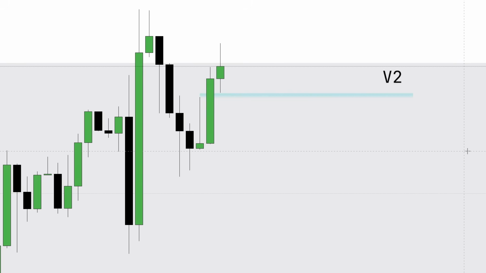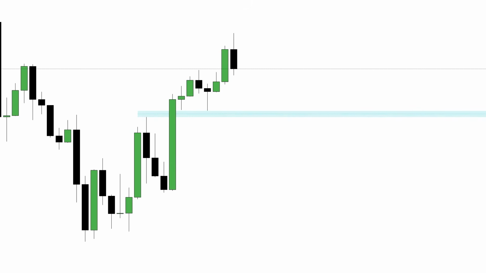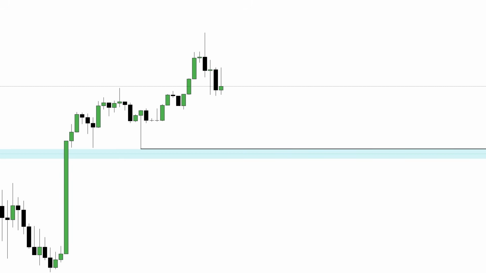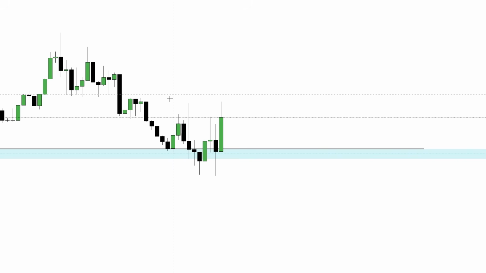Now all the conditions on the HTF stage are met, and we can move to the second stage, LTF. V2 trigger greater than V4 entry. On the 1-hour chart, the price has already formed a trigger, or what can be called inducement, which we can consider as variable 3. The last thing we need to do is determine the entry point. In other words, volume confirmation in the form of an order block, or fair value gap. We switch to the 15-minute chart and see that the price performs a raid on the trigger and then forms an order block zone, which can be considered variable 4, from which we can enter the position.